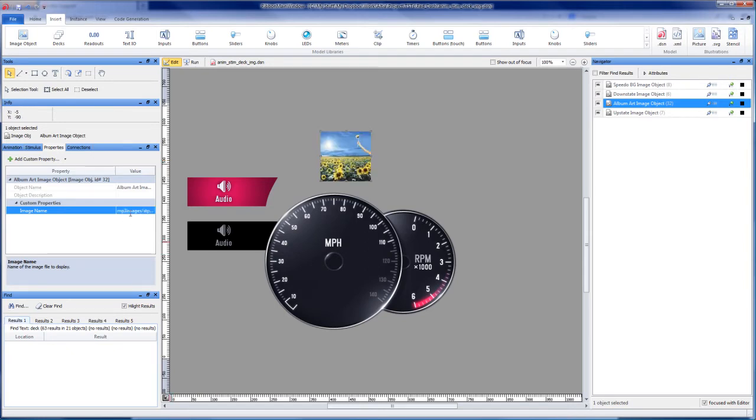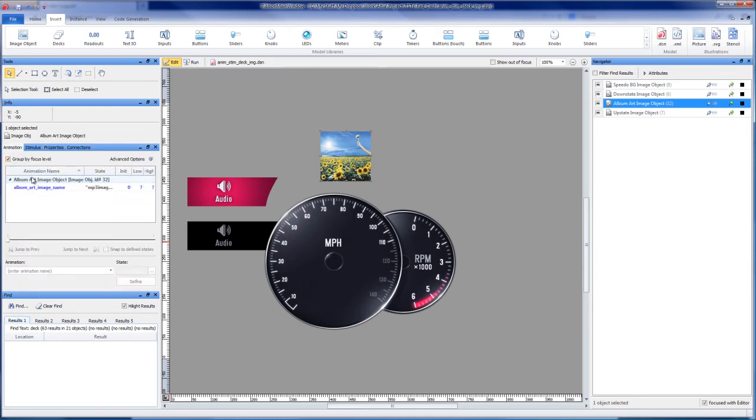But this double-quoted string is sent to this animation name, album art image name, and you can see that's its current state in the double quotes there. If the API gets that from your external logic, or maybe you have some control code that is changing which image is referenced by these image objects, well then you can actually do that at runtime with logic code, not with your hands just typing it in manually as I'm doing here.